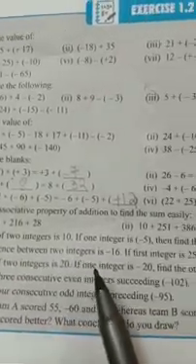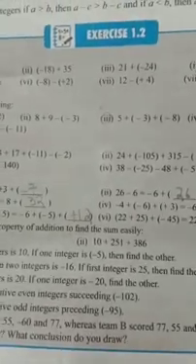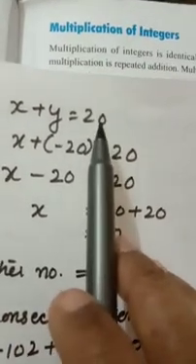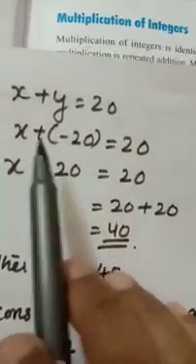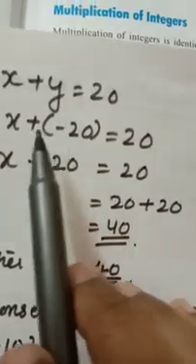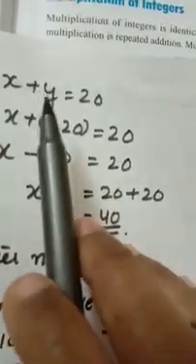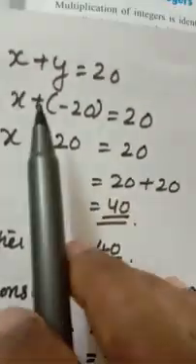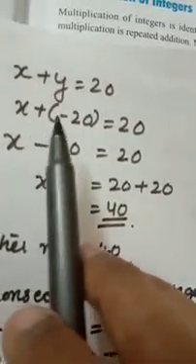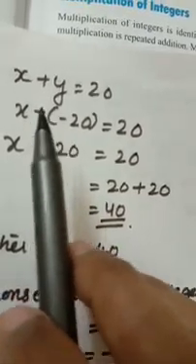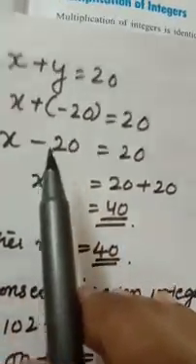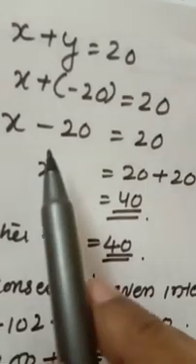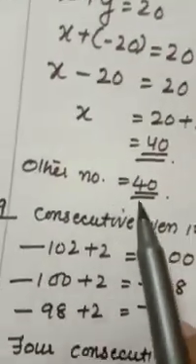Question number 8. The sum of 2 integers is 20. If one integer is minus 20. Okay. See, sum of 2 integers is 20. Any one of them. Here it is not at all telling the first number or second number. Any one number is minus 20. I put minus 20 instead of y. Minus 20 will be moved. See, the signs are coming together. You solve it, 2 signs into 1 sign. Different signs, it will come negative. Minus 20 will be moved to here as plus 20. What is the answer? 40.